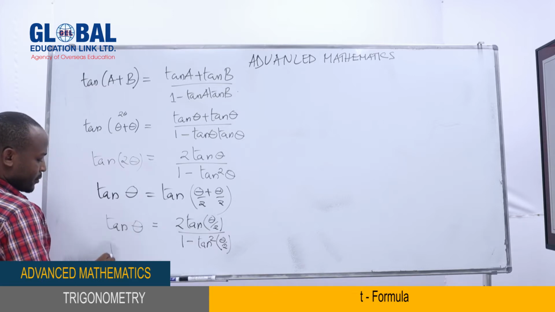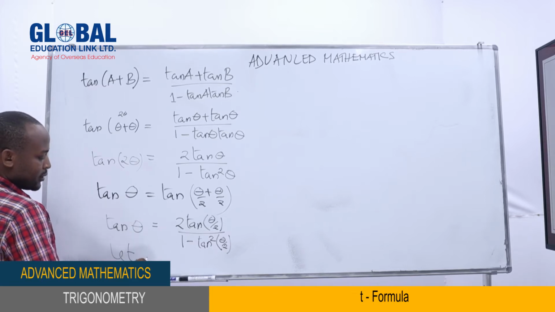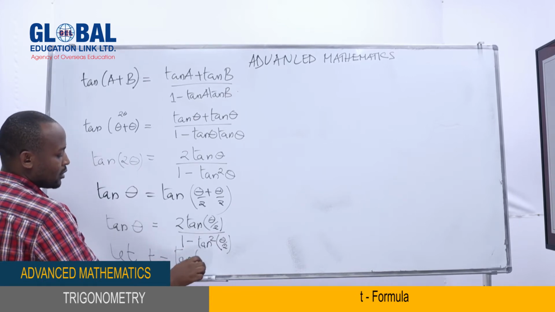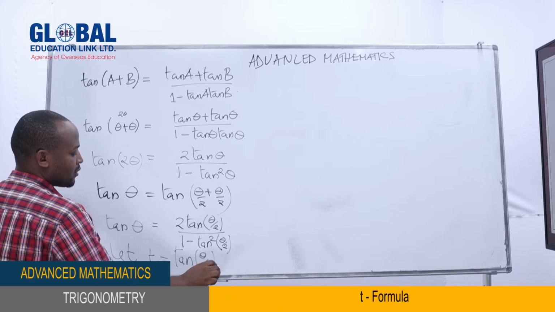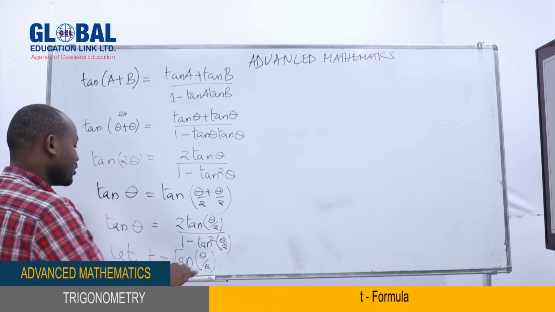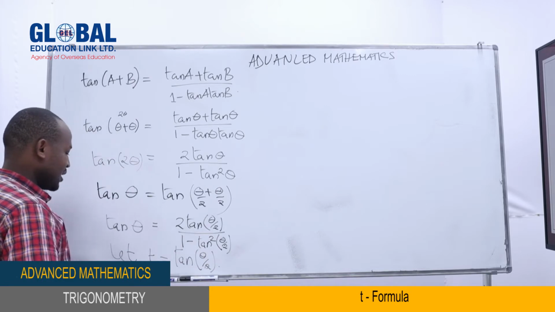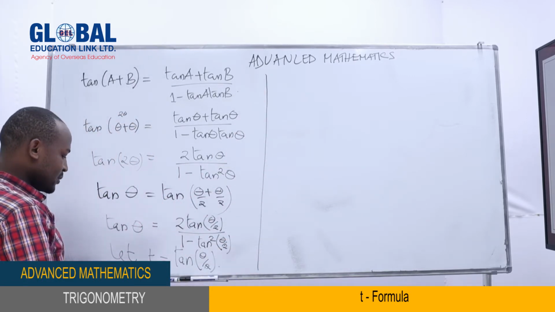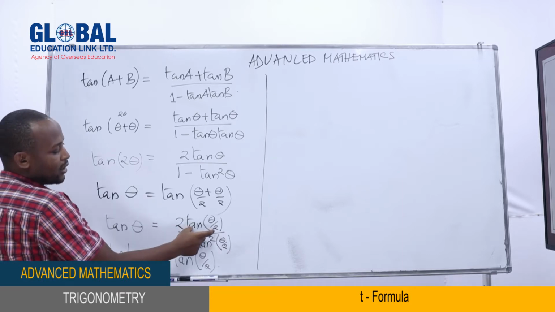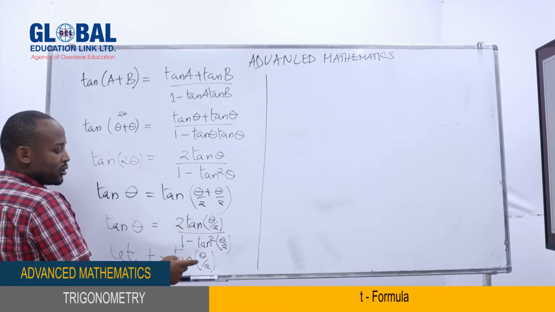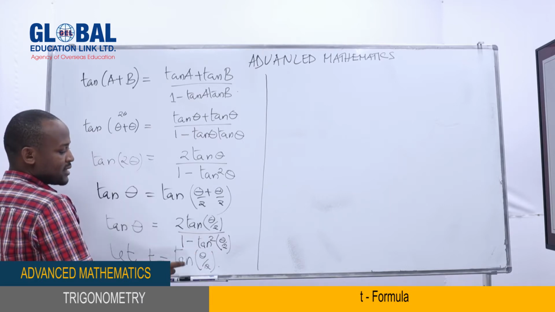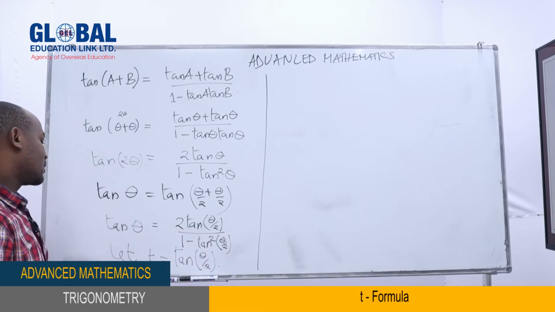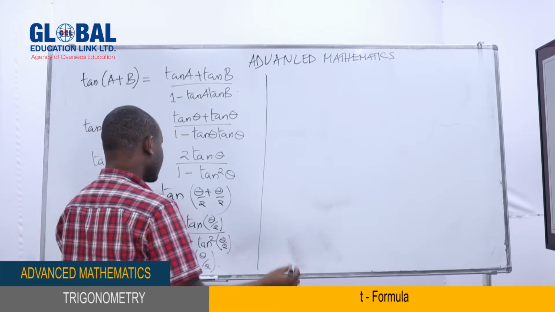Let t equal tan of theta over 2. What are you going to have? You will be having the following. That means in the place where we have tan of theta divided by 2, we are going to place a t. So all the places where we have tan theta over 2, we are going to replace that with a t. And that is to say